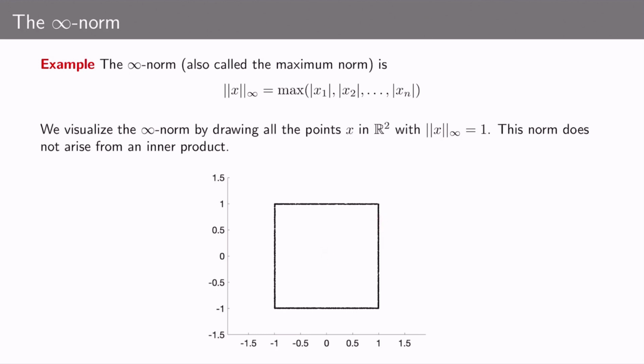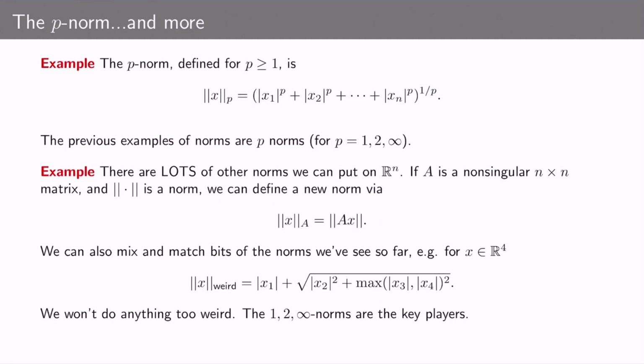So, for example, right here, the component x1 has absolute value 1 and the component x2 has absolute value less than or equal to 1, etc. Finally, I'll point out once again that this norm does not arise from an inner product like the 2 norm did. Let's finish our discussion of vector norms with a family of examples called p-norms, and these are defined